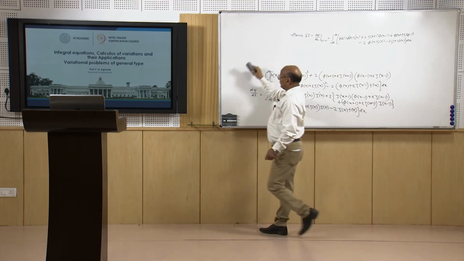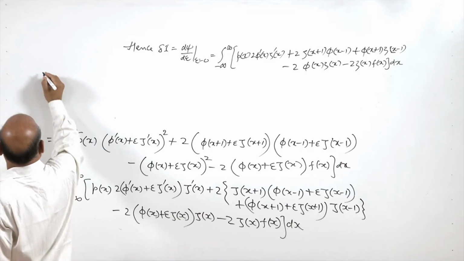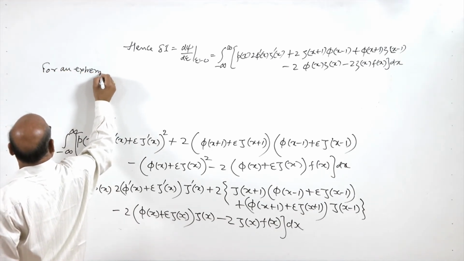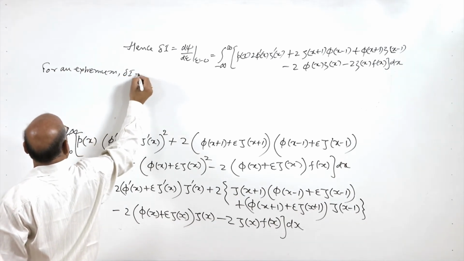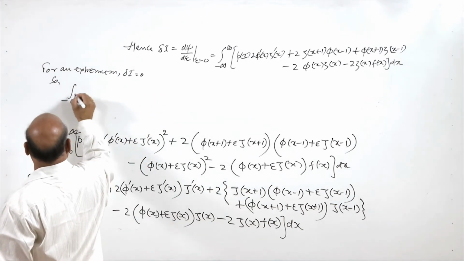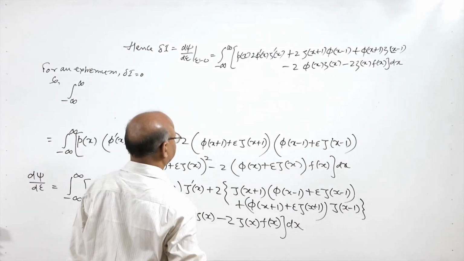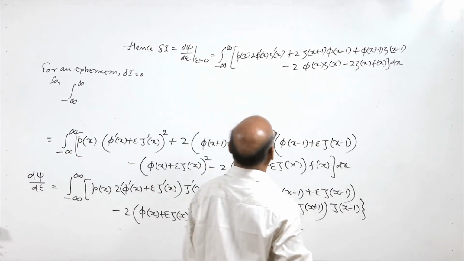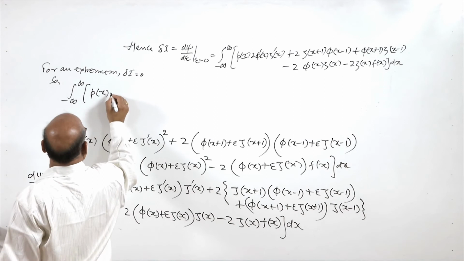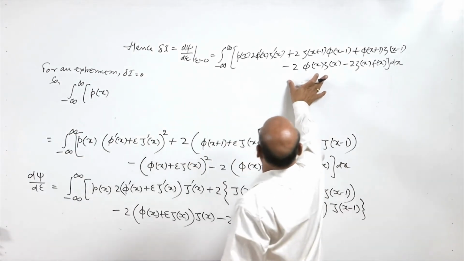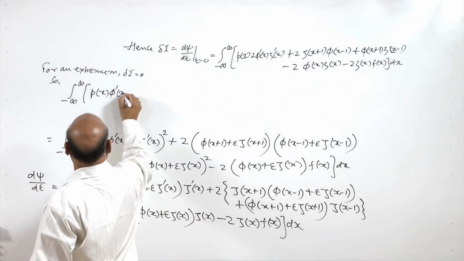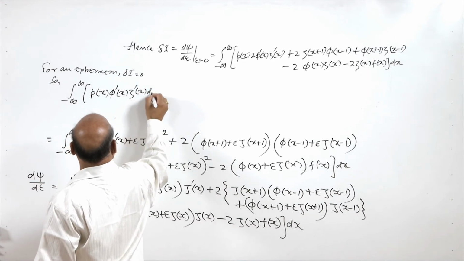As we know, for an extremum delta I equal to 0, so what we will get, integral from minus infinity to infinity, we can write it as p(x), this is equal to 0, and after that we can divide the whole equation by 2, so p(x) phi dash x into zeta dash x dx